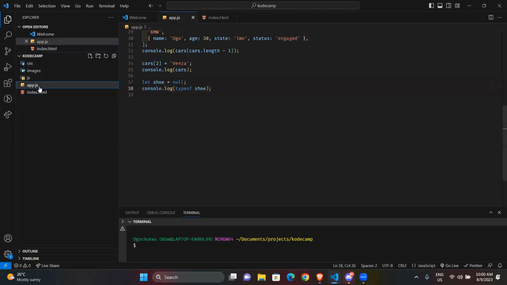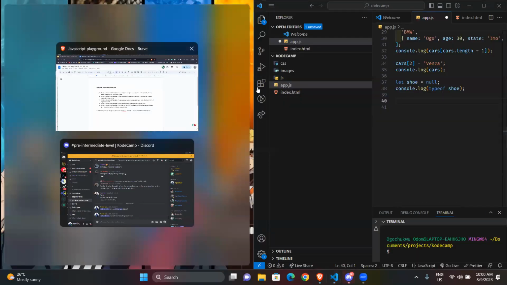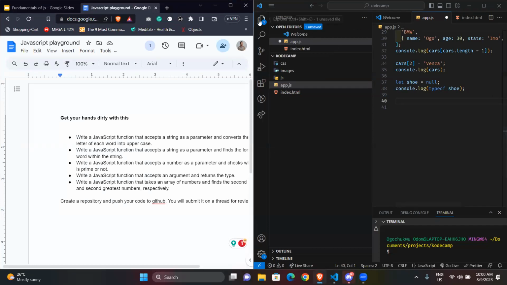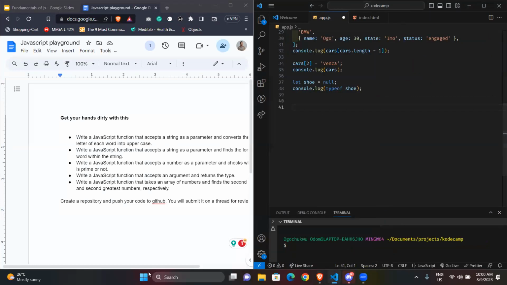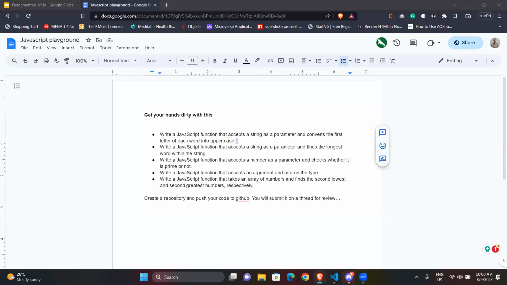So I'm going to go to my app.js. Now let's see, how do we go about this? Let me put this side by side. I believe you guys can still see my screen, right? Yes. Okay.